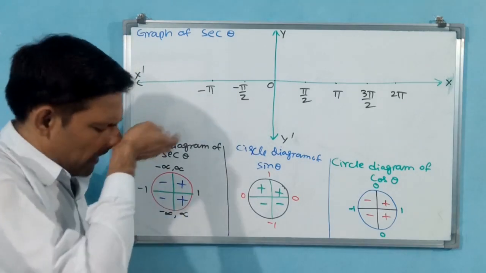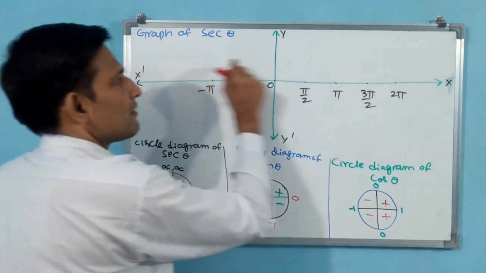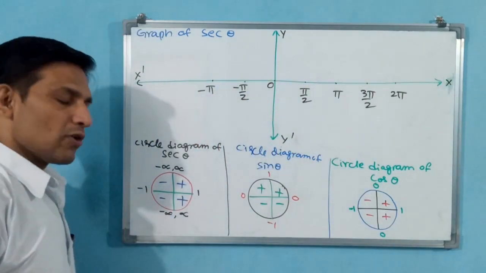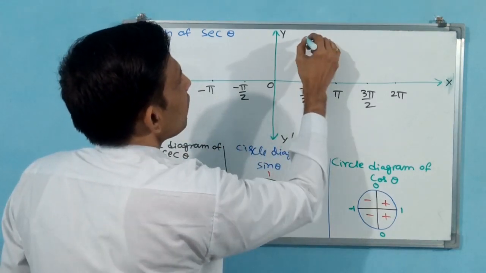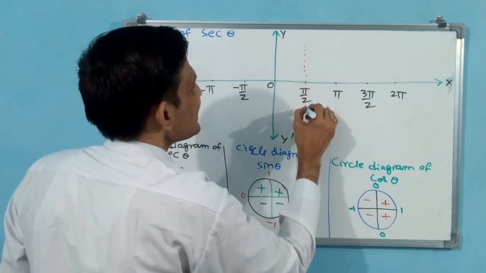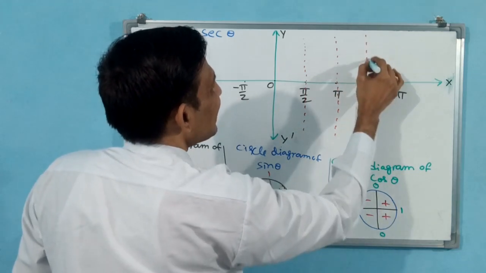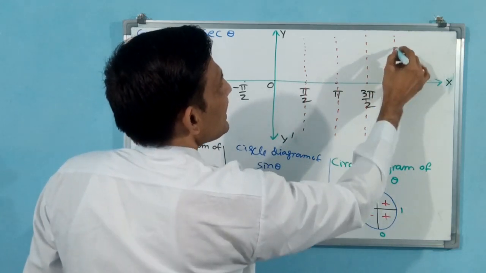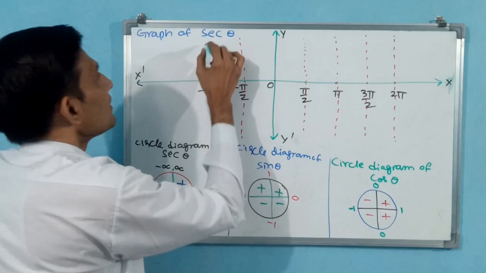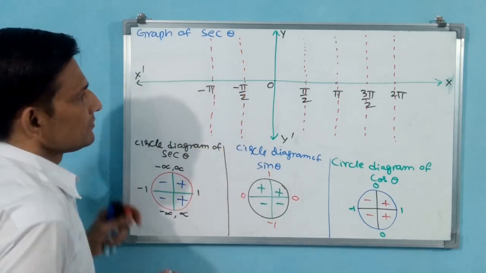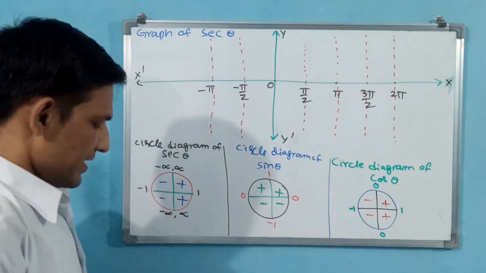Now here, like earlier, infinity is there. That is why vertical lines also you have to draw. And 1 and minus 1 is there. That 1 and minus 1 line also you have to draw. What I am doing, you see, vertical lines I am drawing first like this. These vertical lines are for showing infinity. Undefined means infinity. A larger number means infinity, like that only you can take.